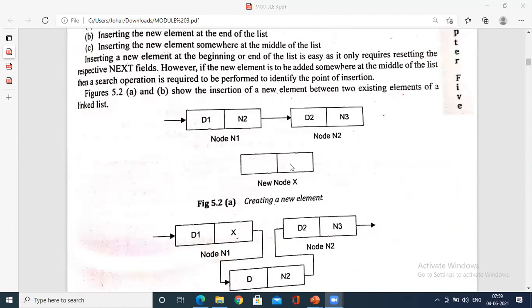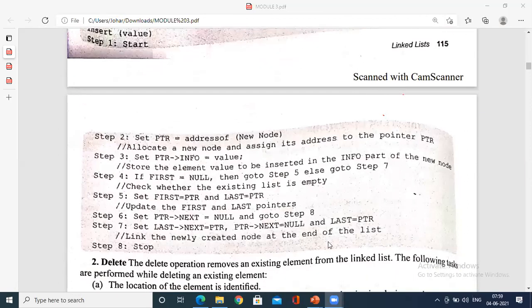Value and address. Two things have been set, no? So the value and address, and finally at the end the end pointer and the beginning pointer have to be reset. See, last next equals to PTR, PTR next equals to null, and last equals to PTR. So we are just resetting the things. Set PTR equals to next, right?